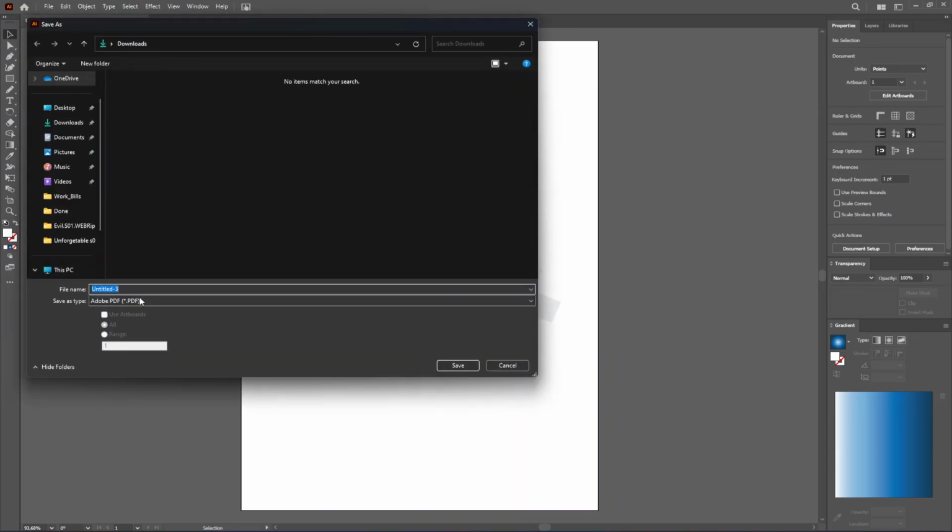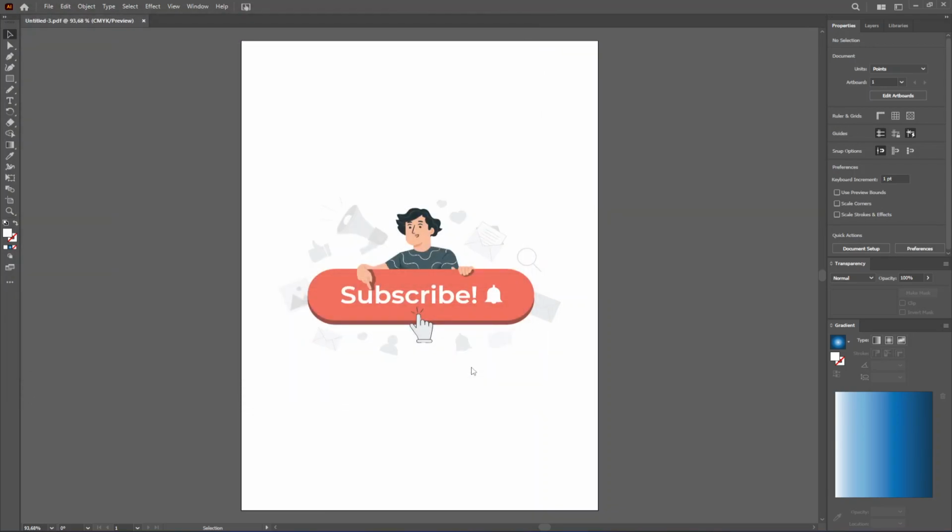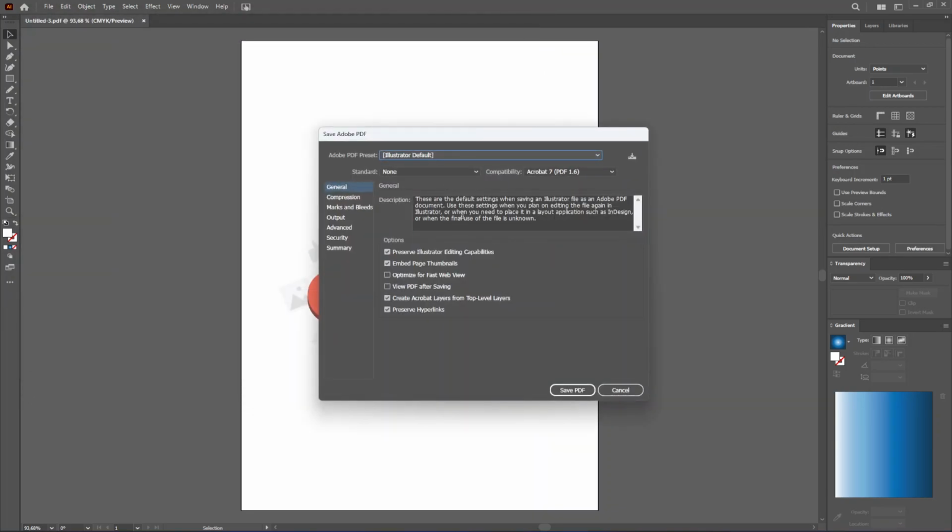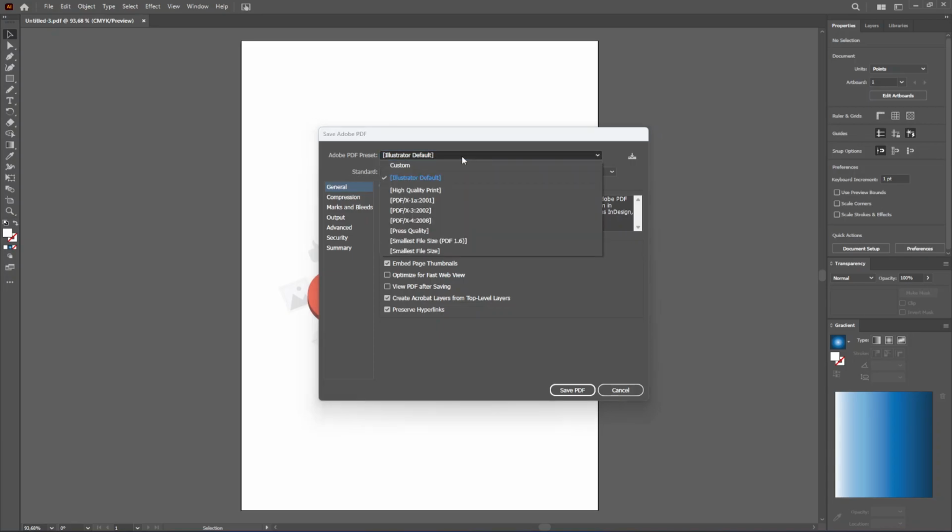You can choose your location, name it, and also we want to choose the file type to be PDF, obviously. Now we just click on Save and this window will appear. And the way we make this more efficient and not so big as a file, under here where it says Adobe PDF Preset, instead of the default Illustrator preset, you want to choose Smallest File Size, like this,